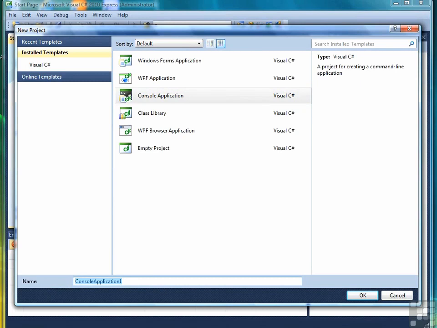What you don't want to do is stick with the default name, which will be console application followed by a number, depending on how many previous default names it finds. So you could have application 1 through application 200. And you don't want to do that because it'll be hard to know what's in that project with such a generic name. So always give your projects names that have some sort of meaning to you so you can keep up with what's in them. So we'll call this VSE Overview for Visual Studio Express Overview, and then we'll click OK to